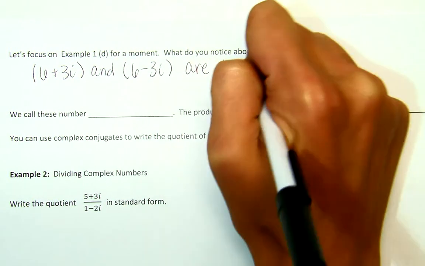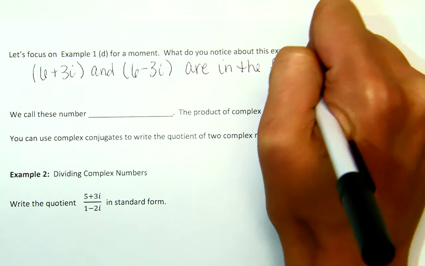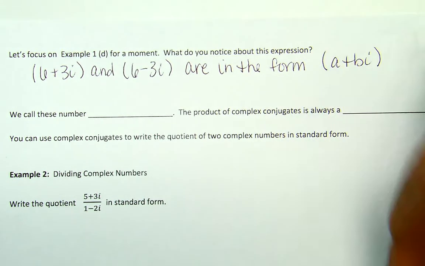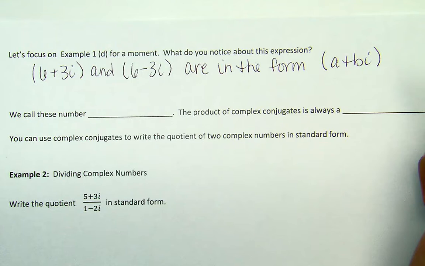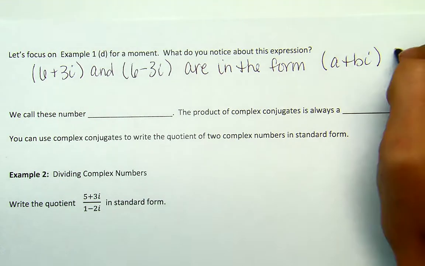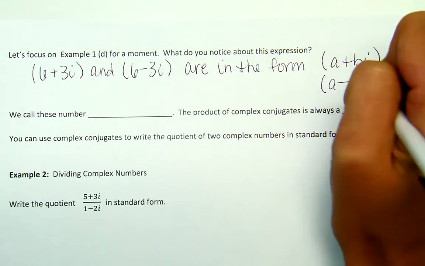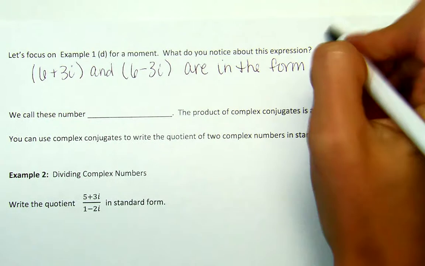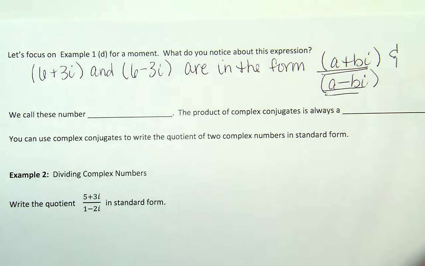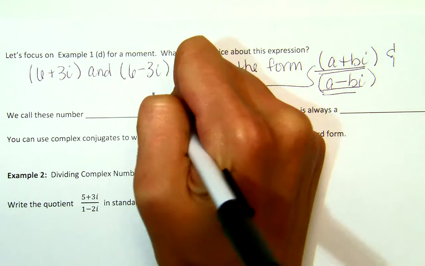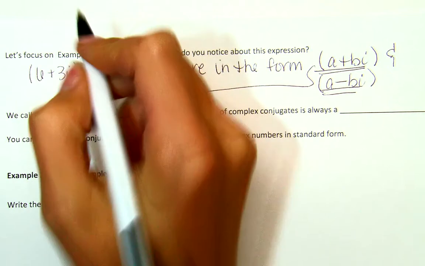And the form that they're in is, we're going to call it a plus bi. That was our general complex number that we talked about yesterday. And the form a minus bi. And I'm going to underscore both of these because both of these combined are what we call